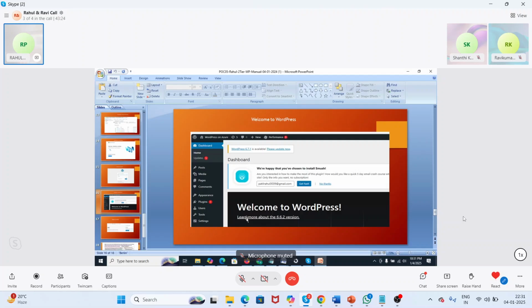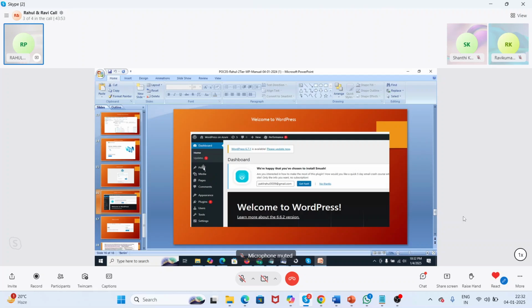Now that we have successfully installed WordPress and logged into the dashboard, this is the time to get acquainted with this powerful content management system. WordPress is an incredibly versatile and user friendly platform. Around 40% of websites on the internet are hosted with the help of it.